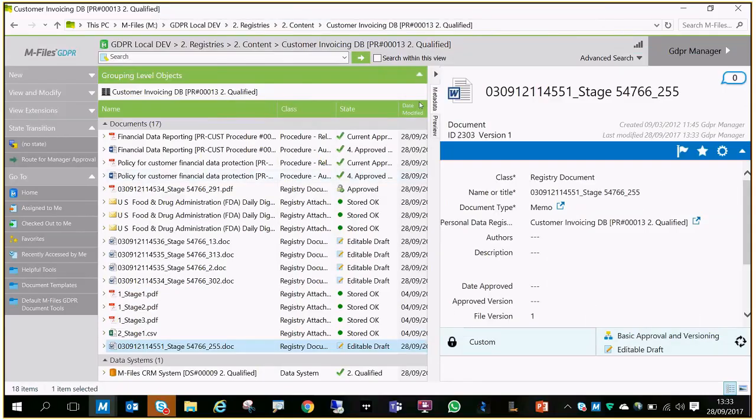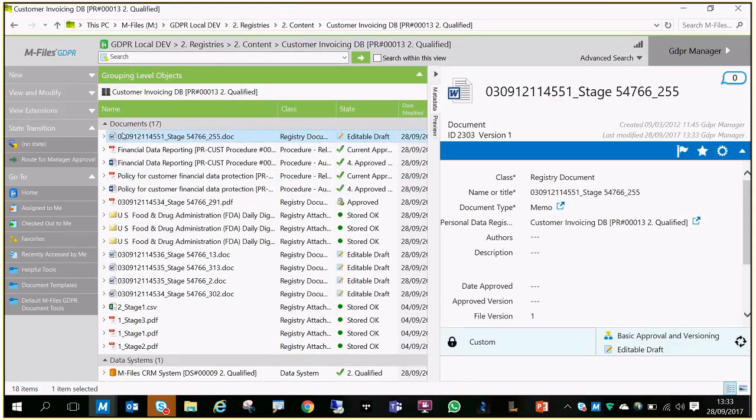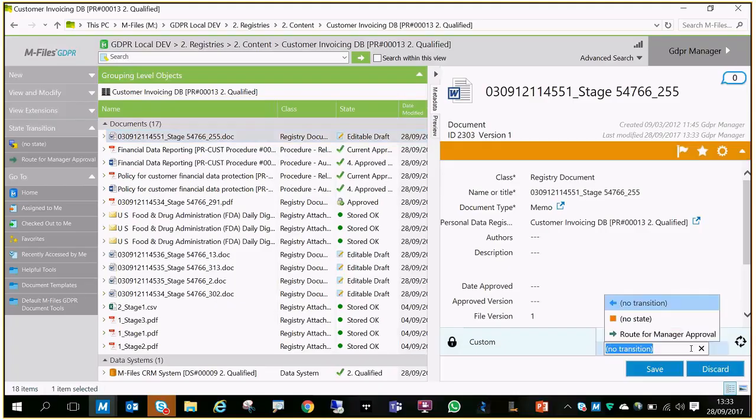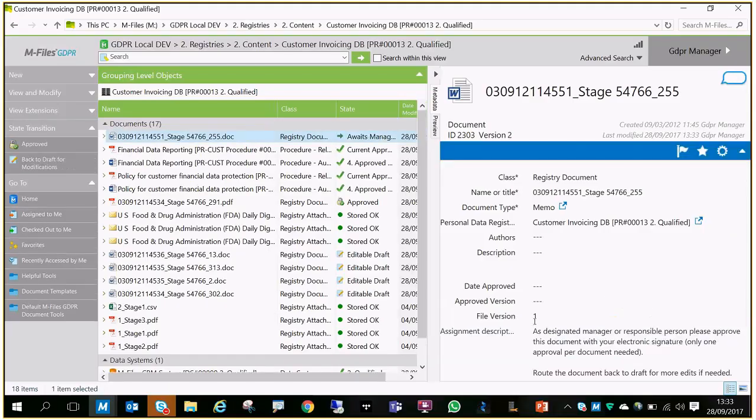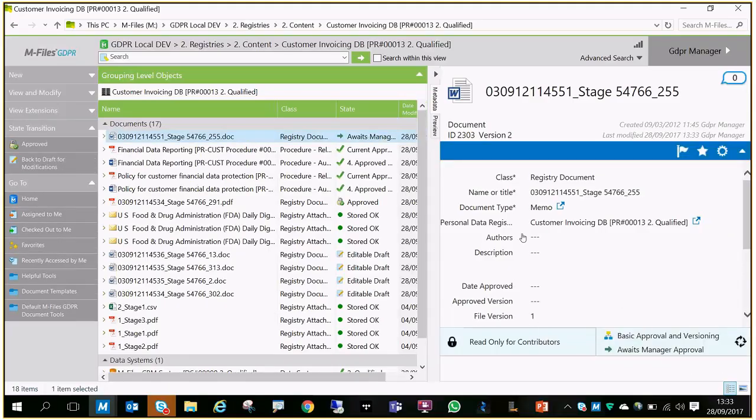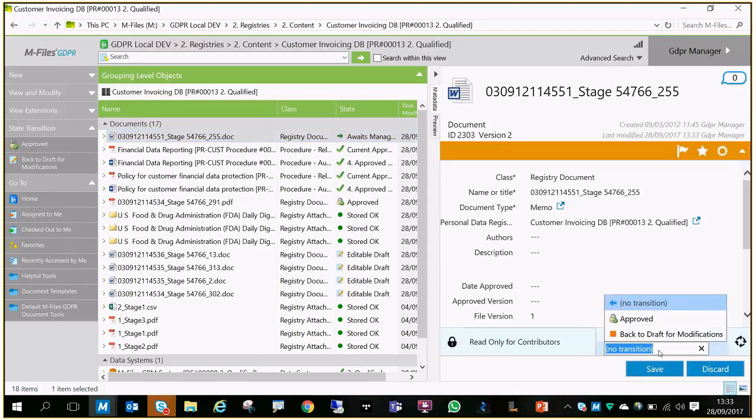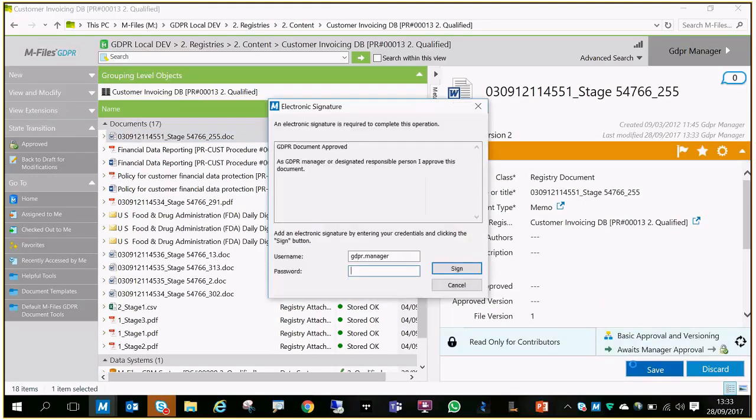Let's sort by date modified. So you would edit this document as long as needed and simply route for manager approval. It will figure out through metadata who the manager is, so you don't pick the manager as such. And I happen to be the manager in this demo, so I'll just approve it, apply an electronic signature,